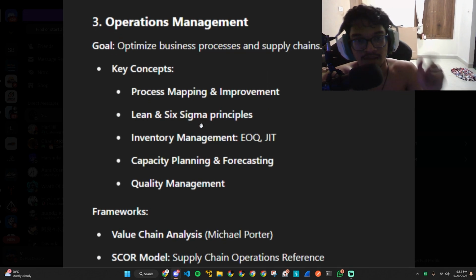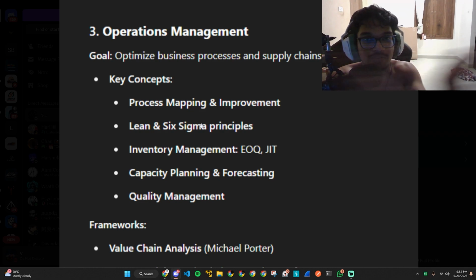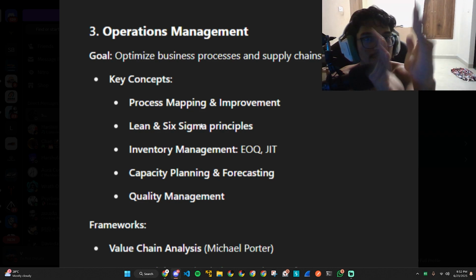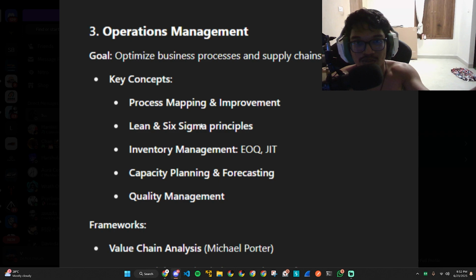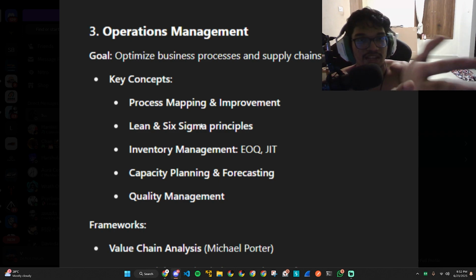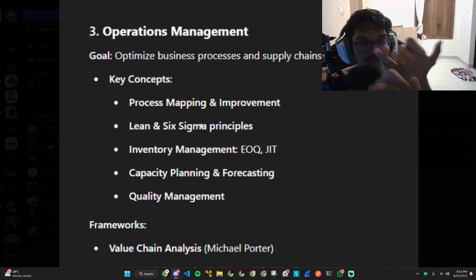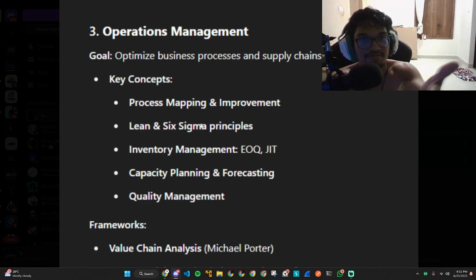So process mapping, simple. You draw a diagram. Where are the spots not doing things right? You can do this with AI. You can get AI to optimize this. You can get AI to do data analysis. You can get AI to write reports and make proper judgments based off a lot of details.